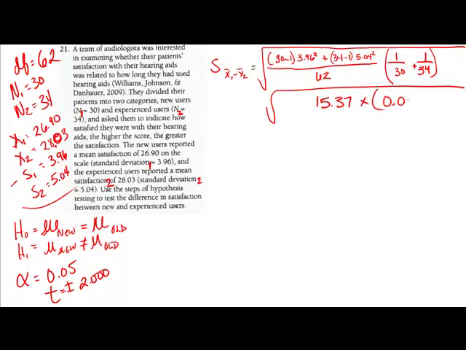Zero 627. Nine 2. Let's go ahead and take the square root of that. And the square root is